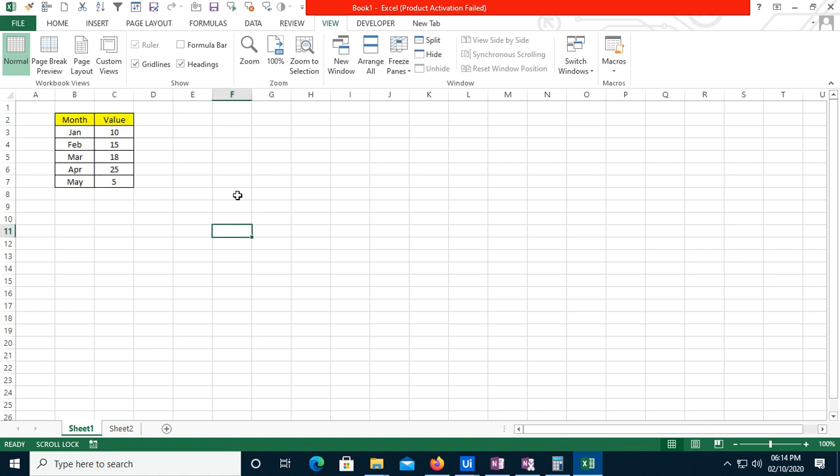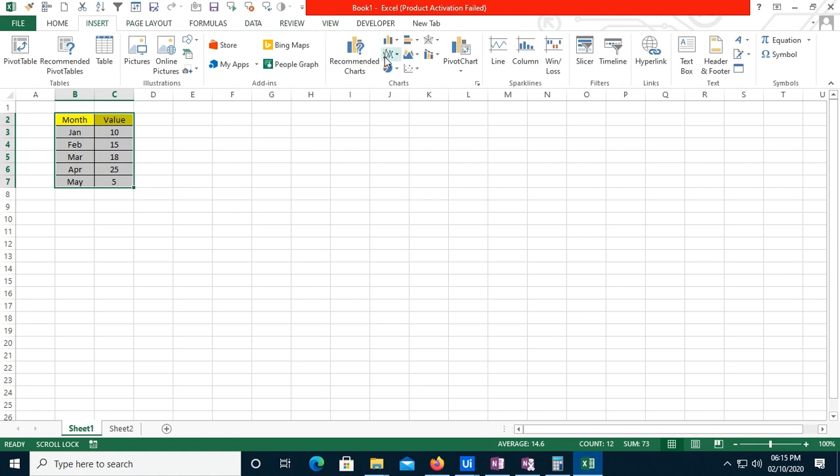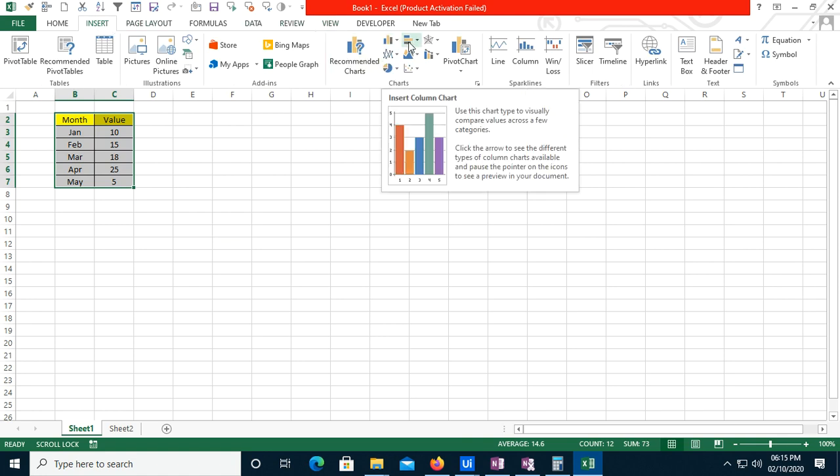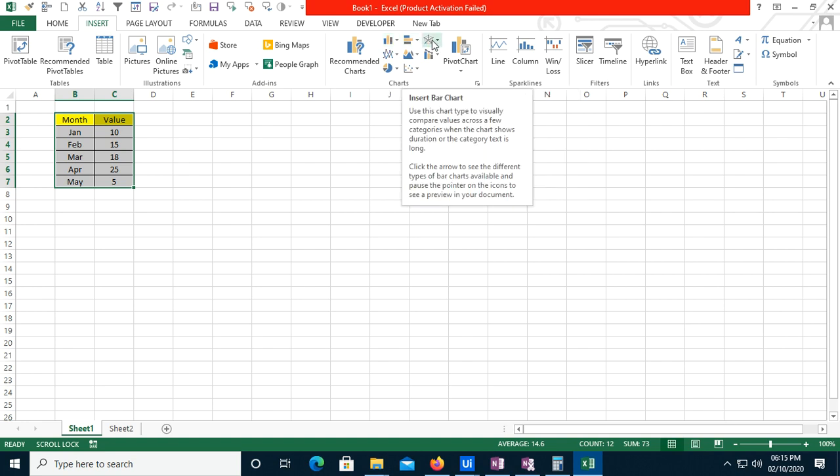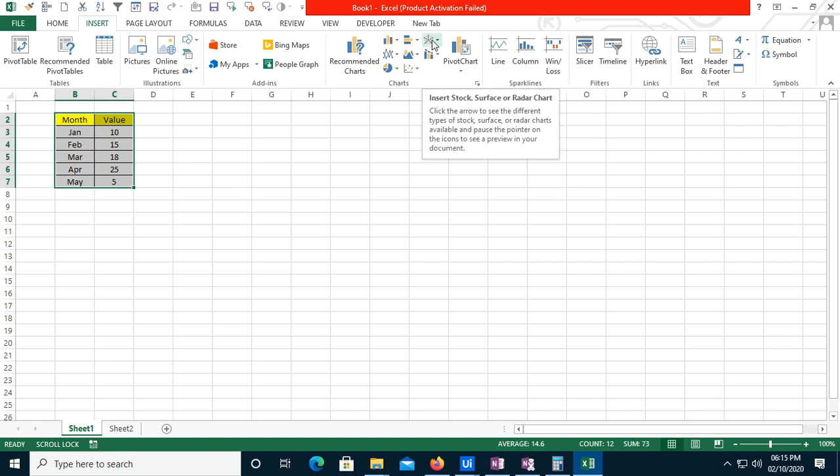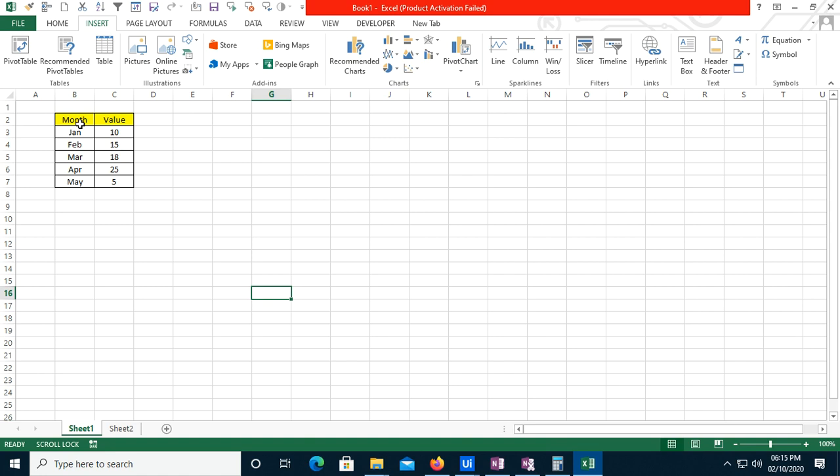First of all, if you are not aware of how to create charts, you need to select this data, go to Insert, and here you can see multiple charts. This is a column chart, this is a bar chart, this is a stock, surface and radar chart, and this is a pie chart, and this way multiple charts are there. So if I have to create a chart for these values, month and values,